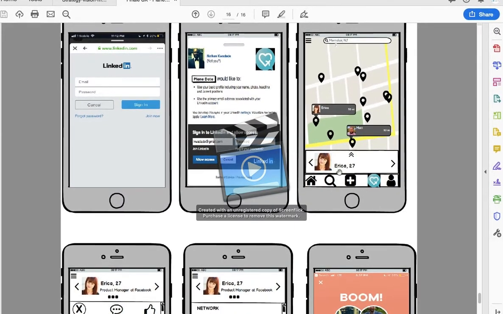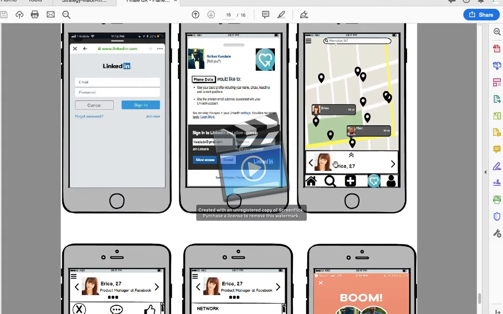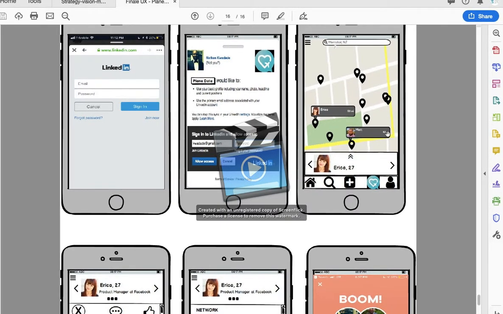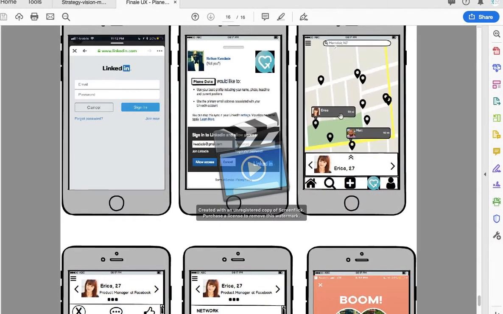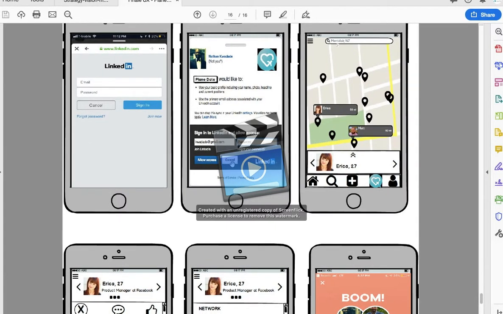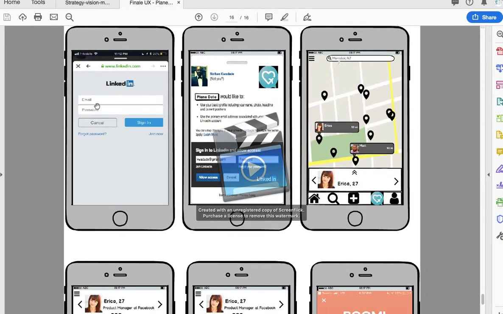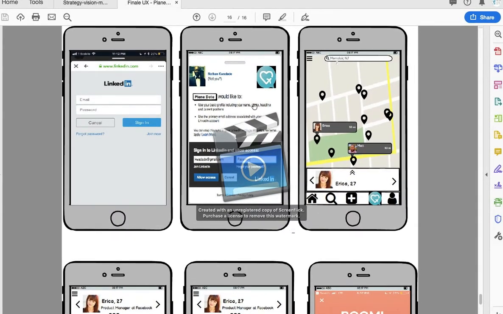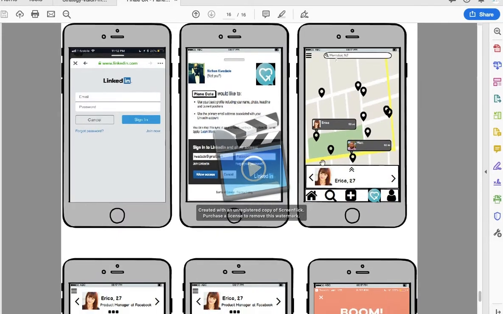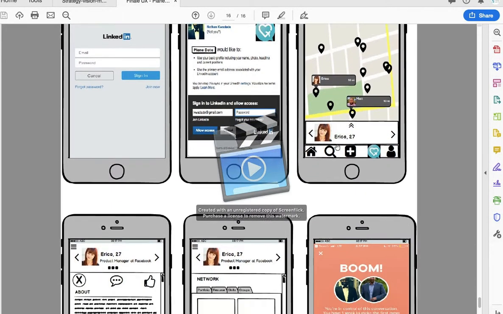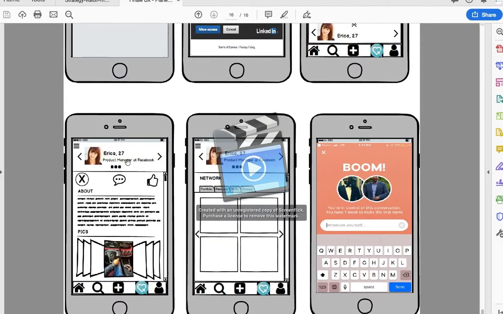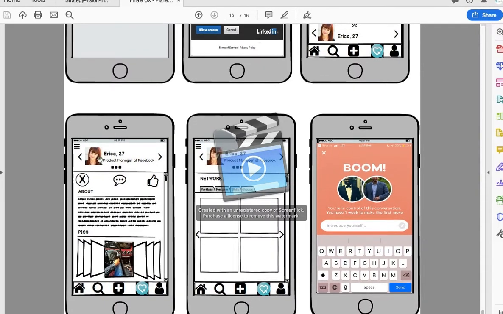Maybe for this one you can use an African black person. The other one we had a girl, Erica. And for the travel, you can use an Asian lady or Asian guy, just for diversity; it makes it a richer experience. So when they put in their LinkedIn, they hit sign in, they authorize, and then you just show a map. The only thing you're changing is the persona, and then you create another persona for that person. It's a little different because this is a network mode.